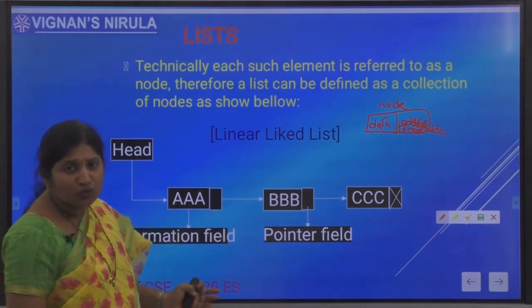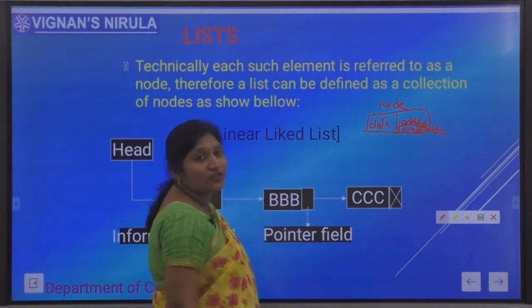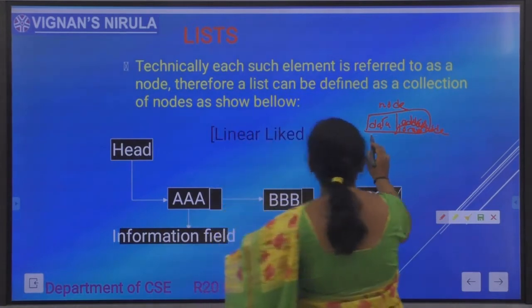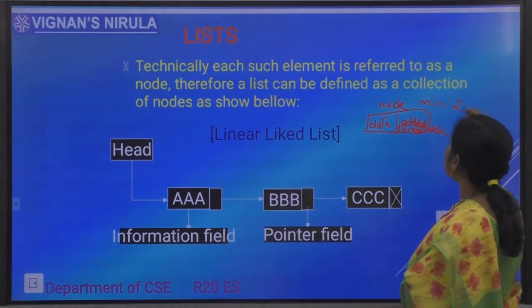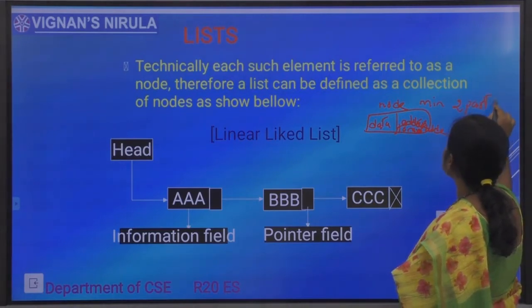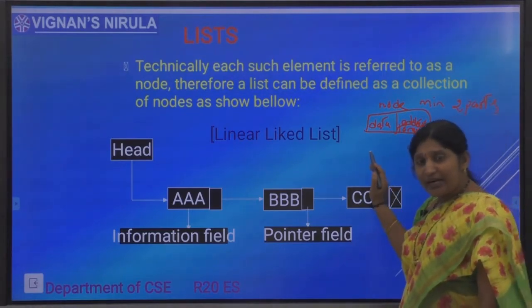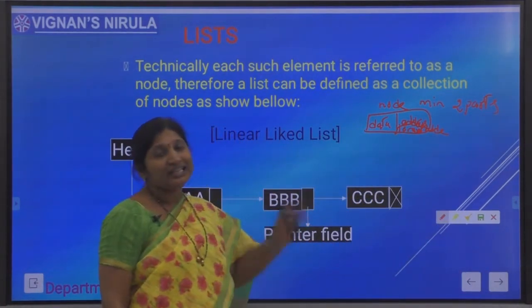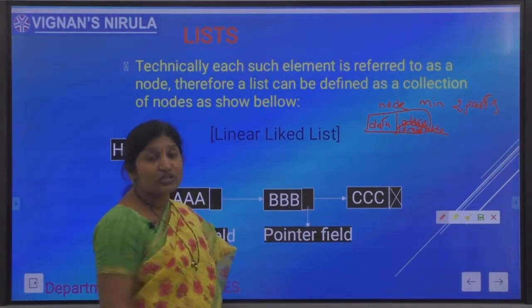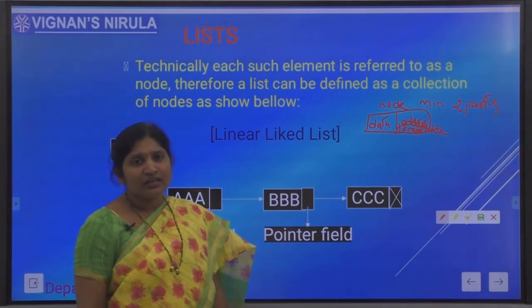Each node consists of a minimum of two parts. The first part is the data part, the data element which we want to store within that node, and the second part is the address to the next node.